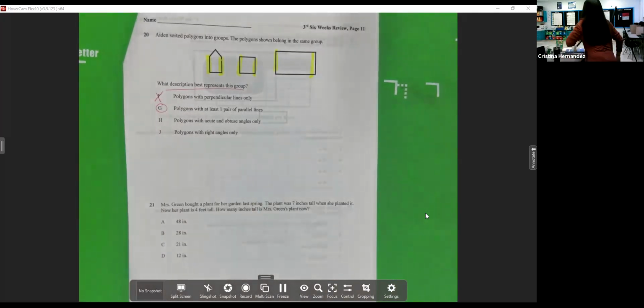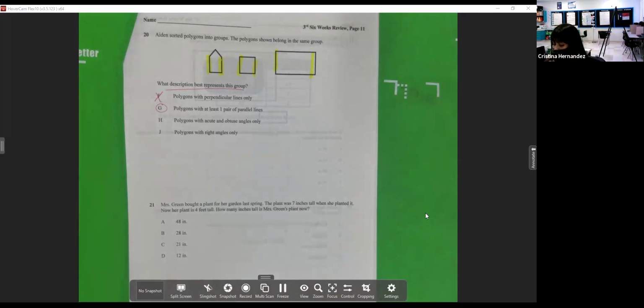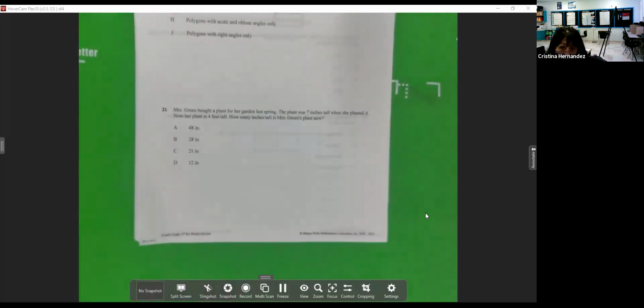You will need a ruler and a mathematics chart on your test. Y'all got these. Y'all remember these? I don't remember if they were green or not that we printed off for y'all. I'll have one for tomorrow on the test for y'all to use. 21. We did this a long time ago. I think y'all learned this with Miss Walling, I believe.